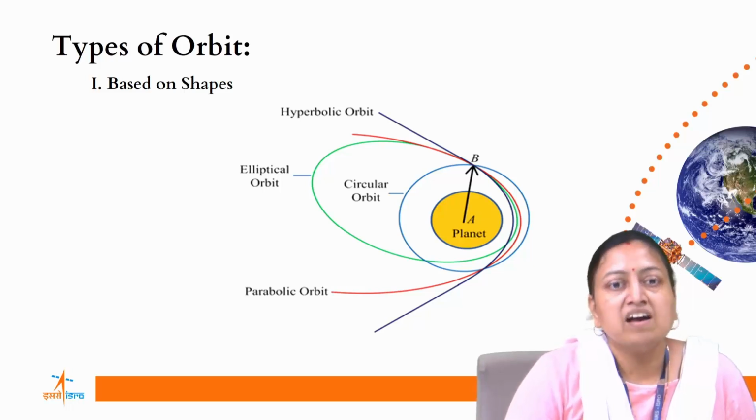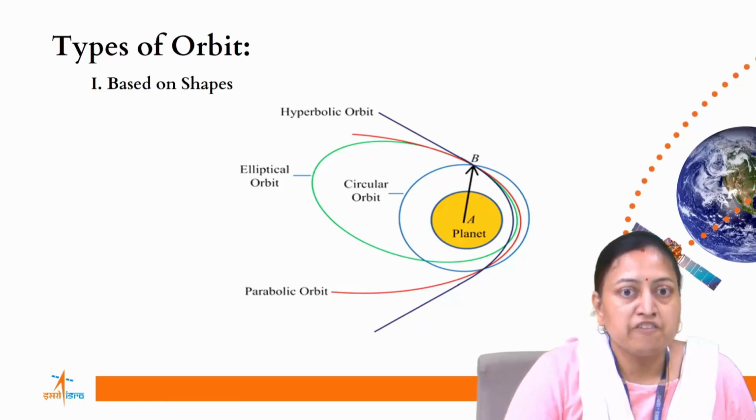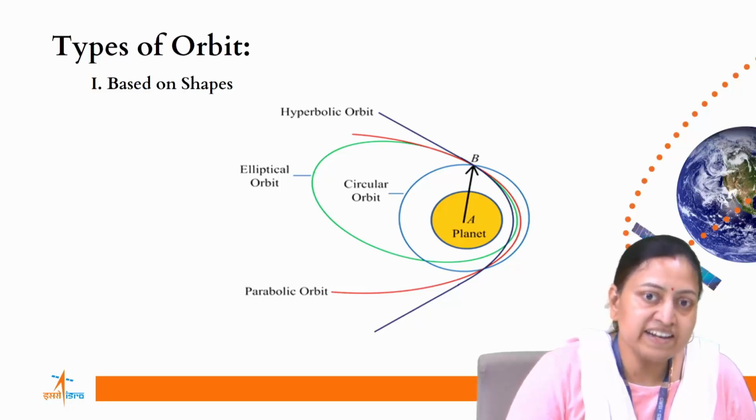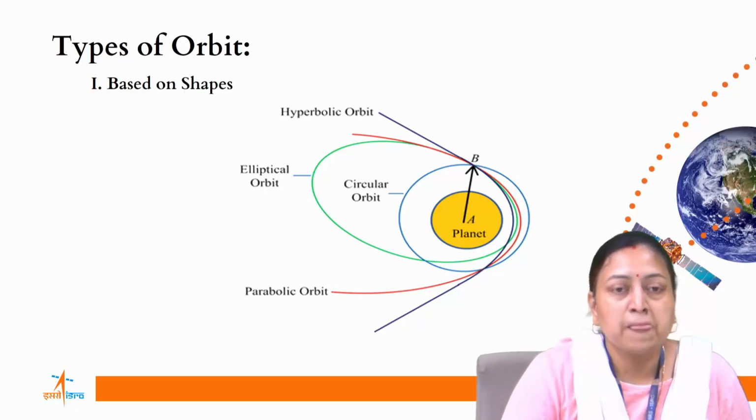Parabolic orbit. A parabolic path is a trajectory of an object used for orbital maneuvering where an approaching object entering the planet's orbit is low enough to be caught and placed into the planet's orbit, or an object already in orbit can be sent out of it by increasing its velocity.